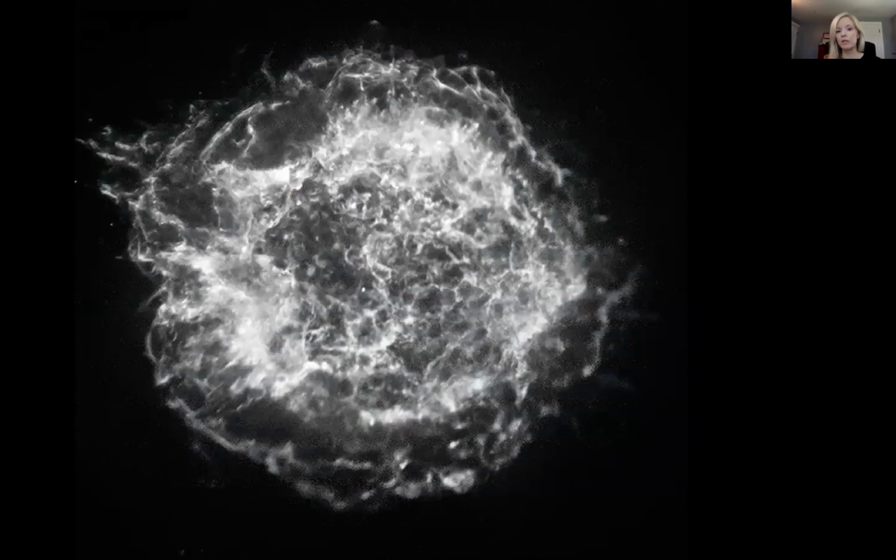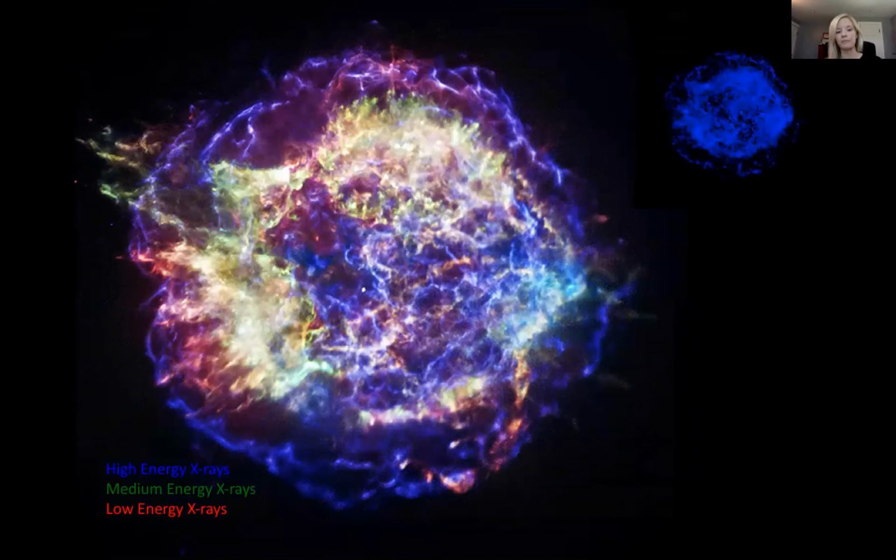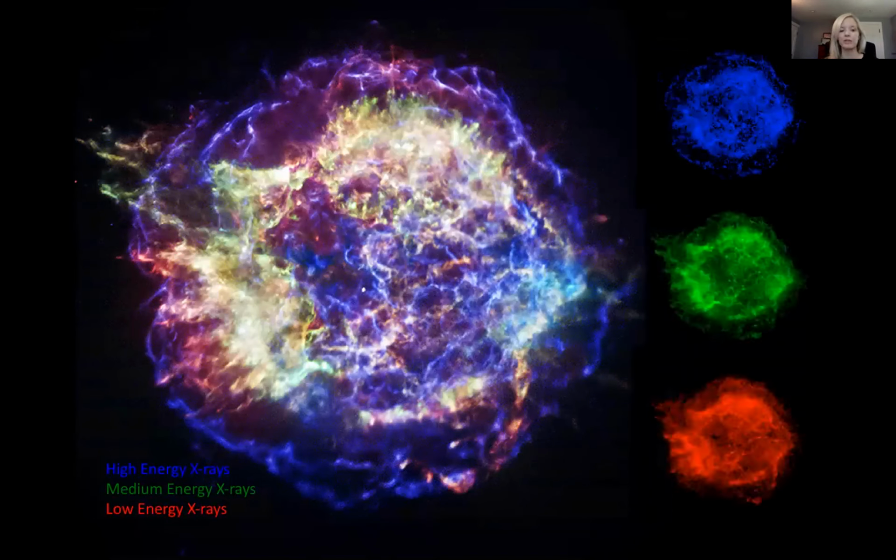So when we're looking to take our image and create some sort of color composite version, there are a couple different ways we can do that. We can slice up our image by energy cut, essentially. So we can take the lowest energy X-rays and apply it with red, the medium energy X-rays and apply it with green, and the highest energy X-rays and apply it with blue. And you can see that it creates this three-color composite that adds to the information quotient of